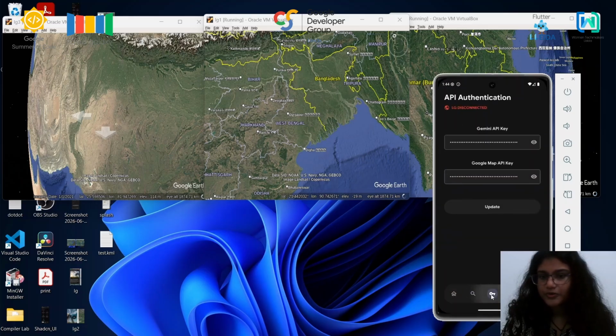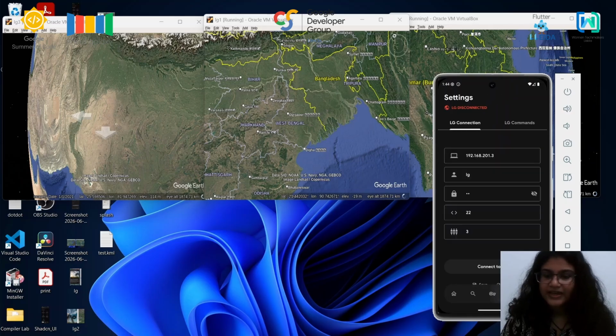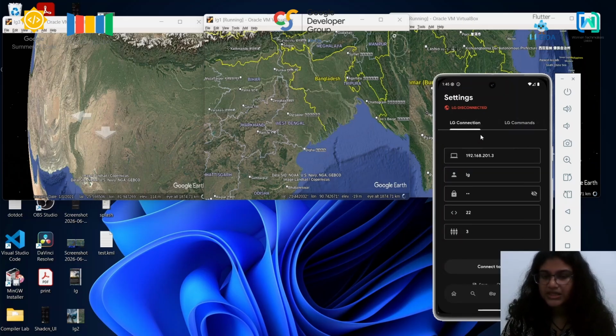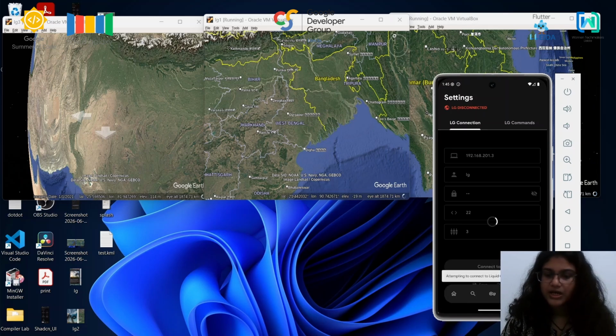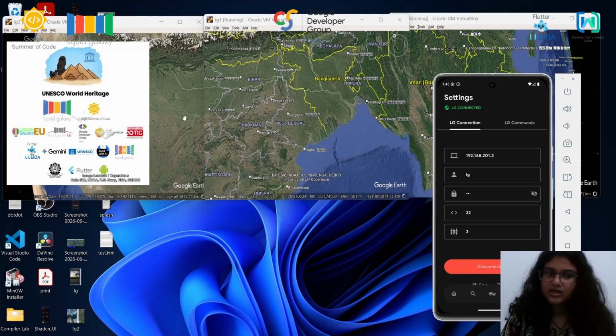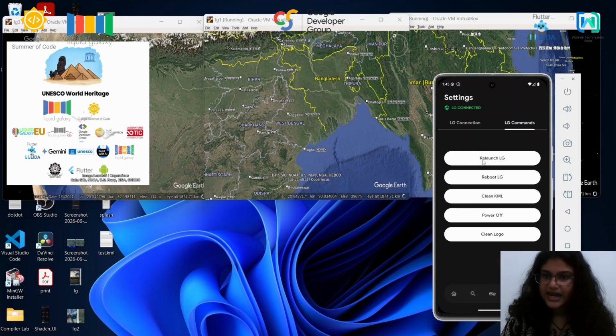Next, we move on to the API authentication page where you put in your API keys for Gemini and Google Maps. And next, we move on to the settings screen where I have already put the credentials here. It also has a set of LG commands which get activated when the Liquid Galaxy is connected to the application. Click on connect LG. It connects the Liquid Galaxy rigs, shows the logos on the leftmost screen, and the LG commands get activated to